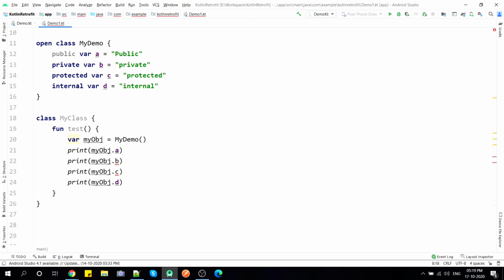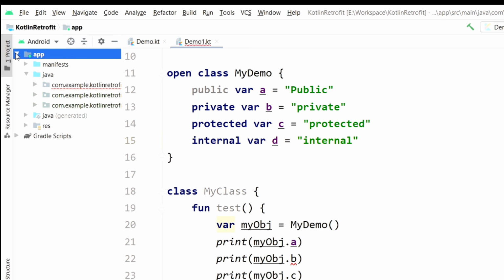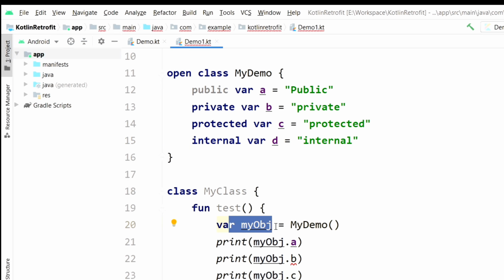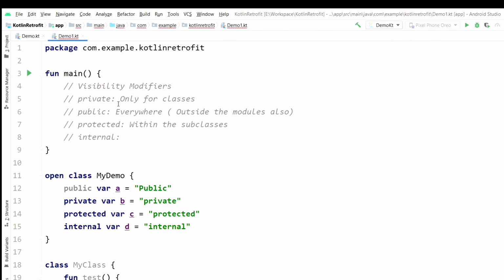And now internal. So internal is something that we can only use within the module and not outside the module. So what is meant by module here is, this is one project in Kotlin. As you can see, this is a separate module. There are a number of modules or other projects also, where a condition is that we have to use this variable in another project or another module. So if we have to restrict a variable to a specific module, then we have to declare it as internal and not use internal in other modules or other projects. So that is the main difference between public and internal.